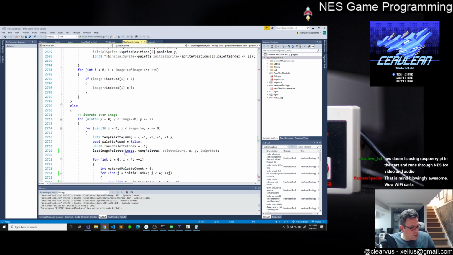It'll be something to see if we get some more fully fleshed out releases that people can buy with Wi-Fi cartridges. NES Doom is using a Raspberry Pi in the cartridge. Yeah, so